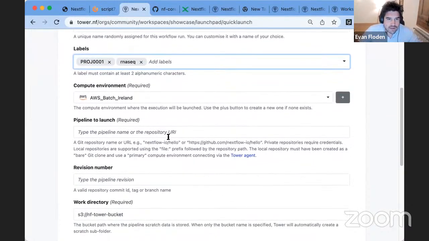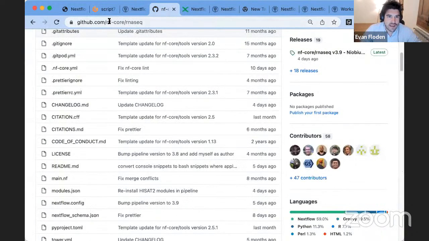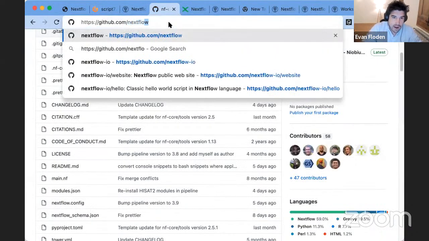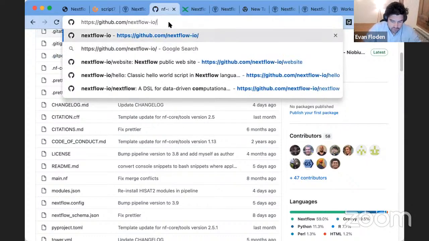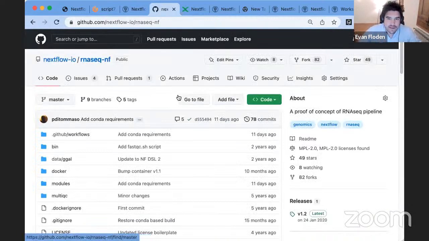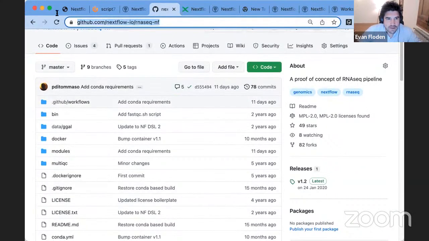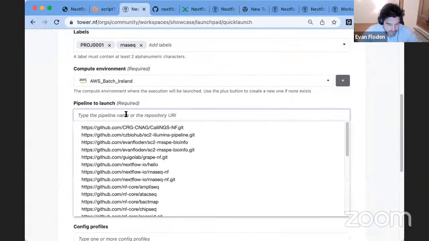And then obviously we've got the key information, which is the actual pipeline that I wish to run. And I want to run that same pipeline which we developed over the last couple of days. So I'm going to go back here, not into the nf-core one, but into the Nextflow IO one, and look for the rnaseq-nf pipeline. It's a little bit simpler, so we can see what's going on. All I need to do is copy the GitHub repository, exactly like the other day when we ran nextflow run and put in the Git repository itself. Here I'm going to place in the